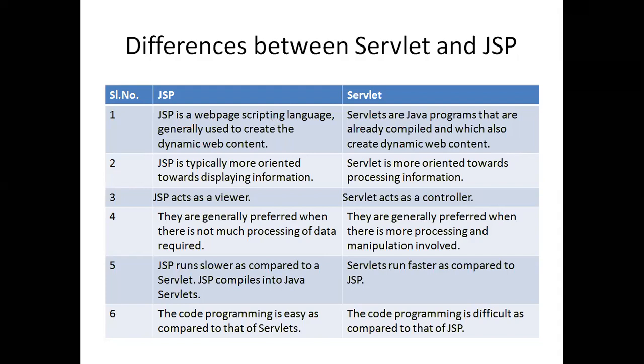For example, some other scripting languages, if you know about Unix shell scripting, are Python scripting language. Scripting languages are much lighter in weight compared to regular programming languages like Java, C++, or C. So JSPs are scripting languages which are used to create dynamic web content. In the case of JSPs, we are focusing more on the presentation, so we are worried more about the display information. It is typically used as a view layer.